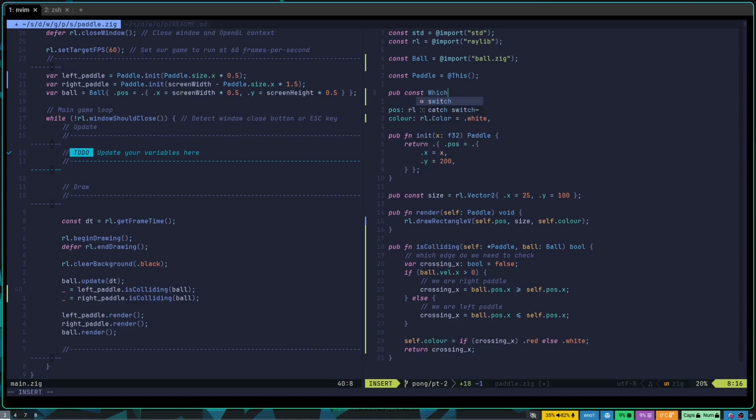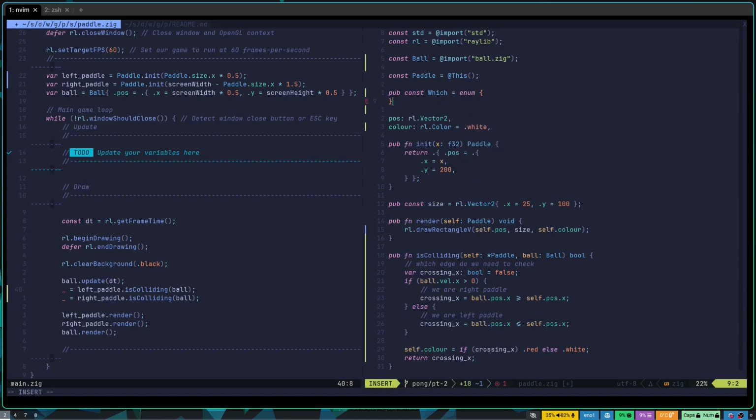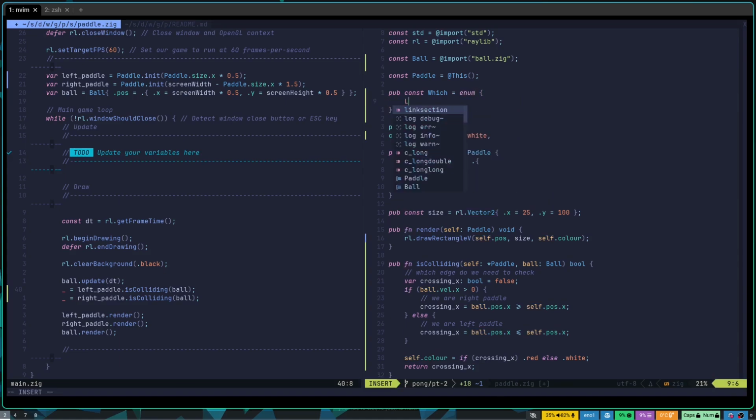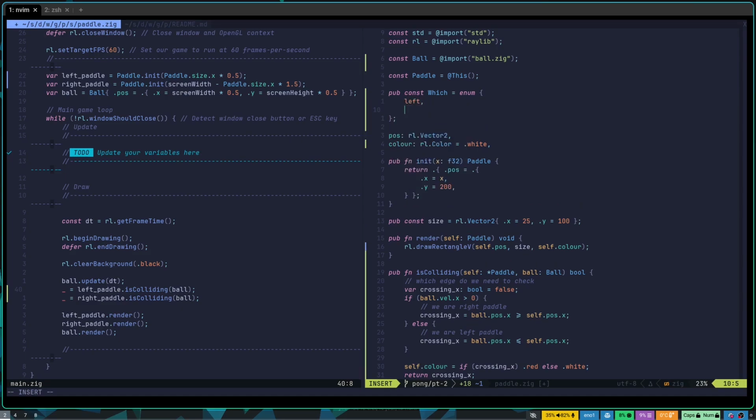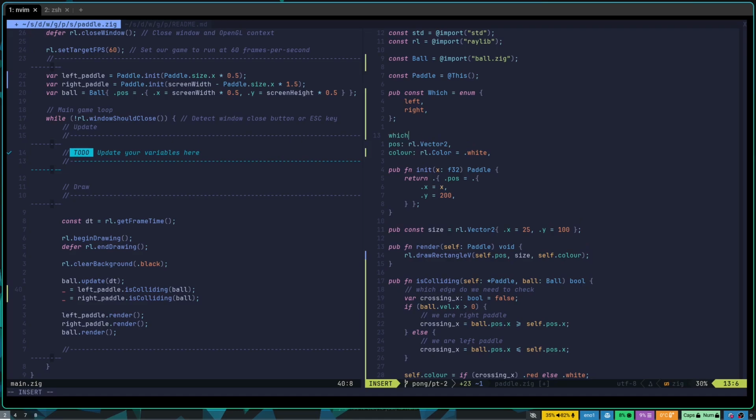Which equals enum, left, comma, right. And then we need which position, which color, and then